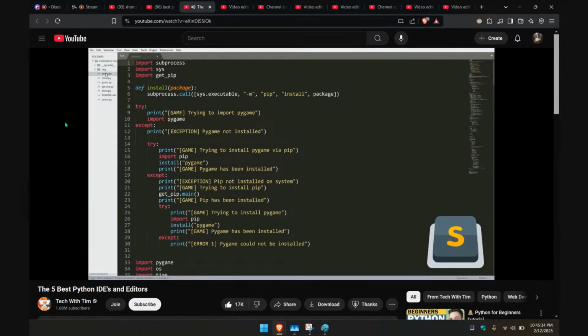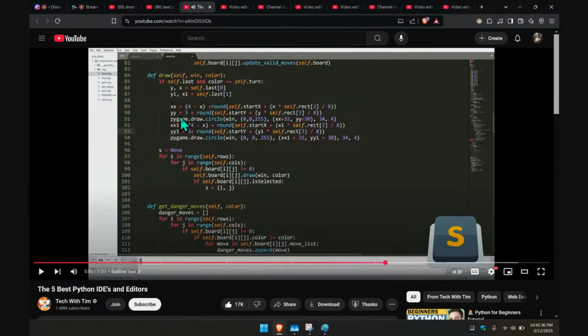And now for my number 2 pick, we have Sublime Text. Sublime Text is a lightweight editor that I personally love to use for smaller projects and